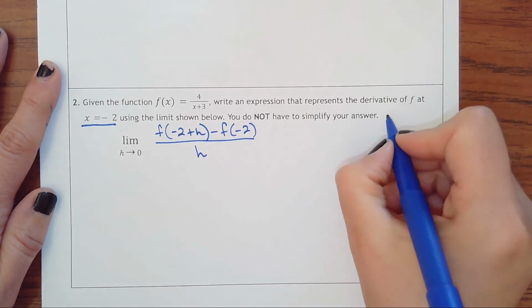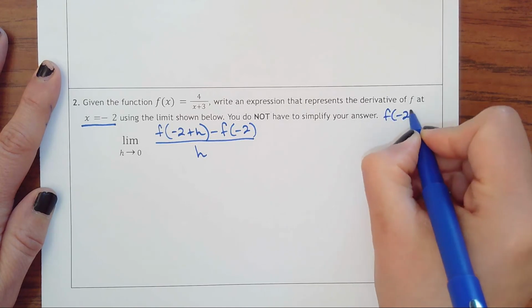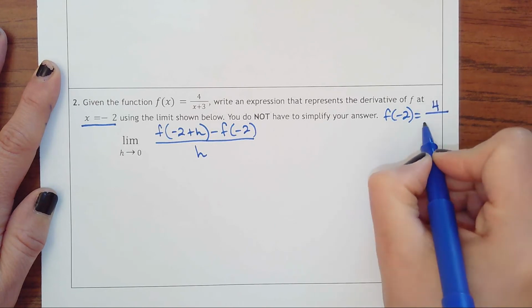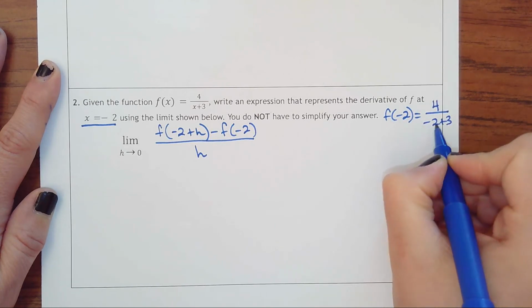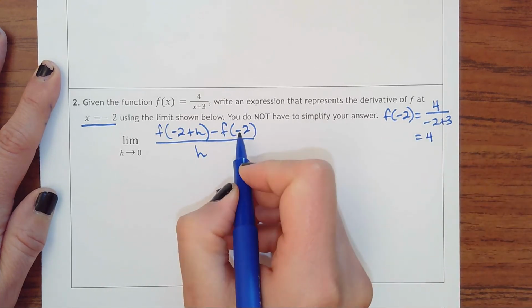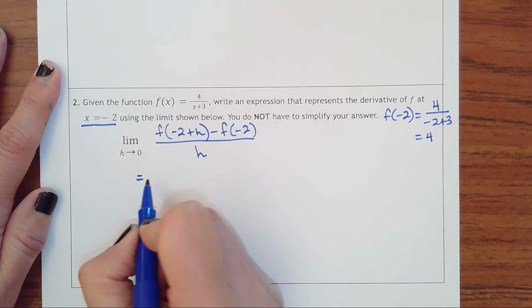And so I'm going to go over here to the side and figure out what f of -2 really is. That just means plug -2 in. It'll be 4 over -2 plus 3. -2 plus 3 is 1. 4 over 1 is really just 4. So I'll replace that with a 4. Okay, so then we've got